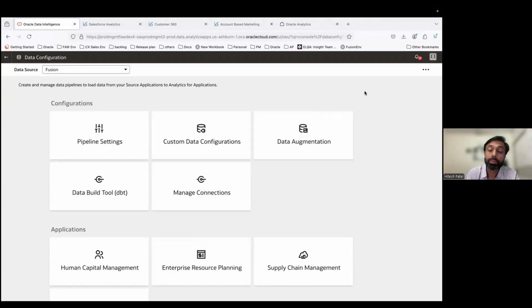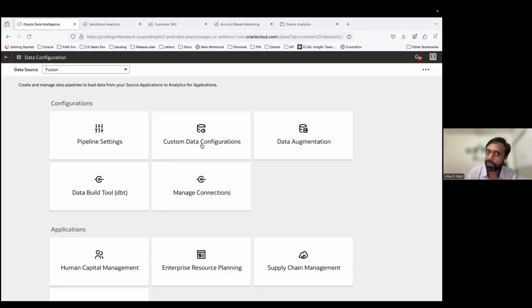I'm Hitesh. I'm the Senior Principal Product Manager for the Fusion Data Intelligence CX team. And what I'm going to show you is the Salesforce Analytics capabilities that we have launched recently with our latest release. For those of you who are aware, up until now, any FDI instance always required a Fusion host URL, which means you need to be a Fusion customer, Fusion supply chain, ERP, HCM, or CX. But with this capability, you can very well spin up an FDI instance, even if you do not have any Fusion application. So if you are a Salesforce customer or an Eloqua customer, you can still go ahead and create your FDI instance.